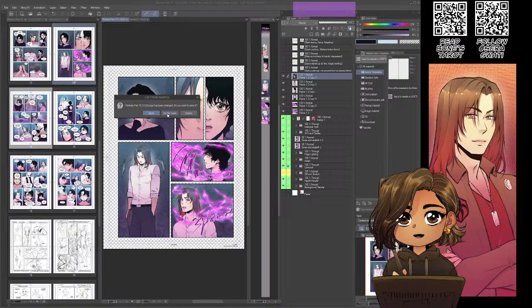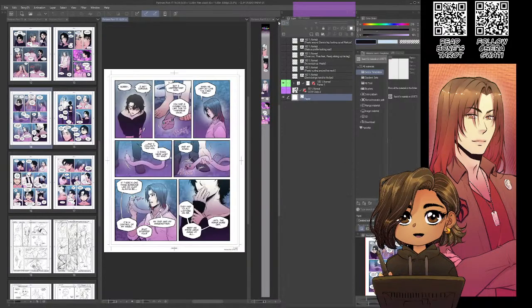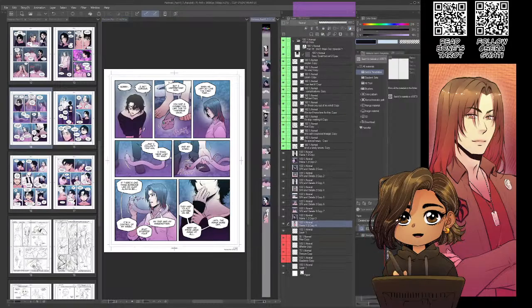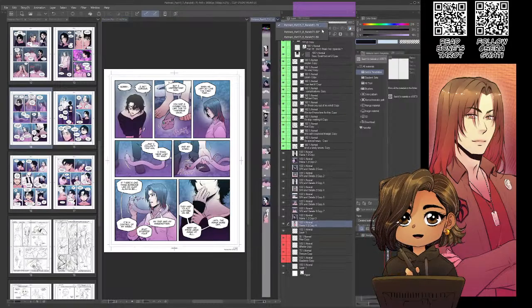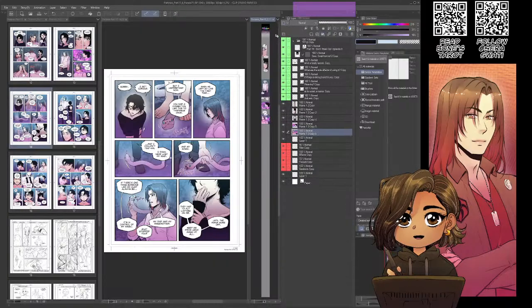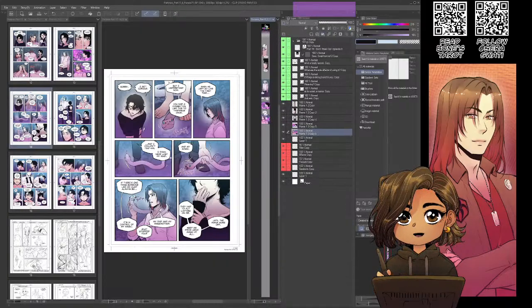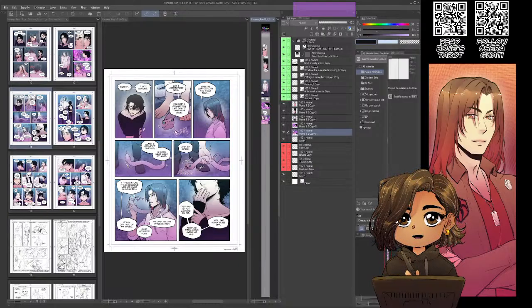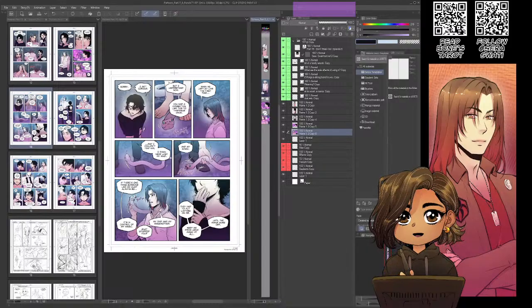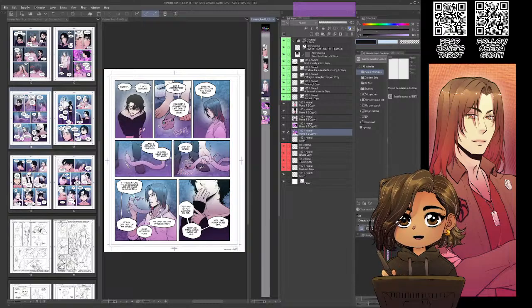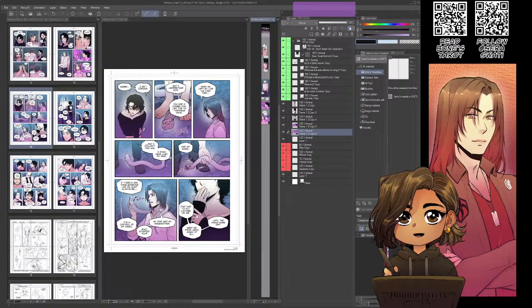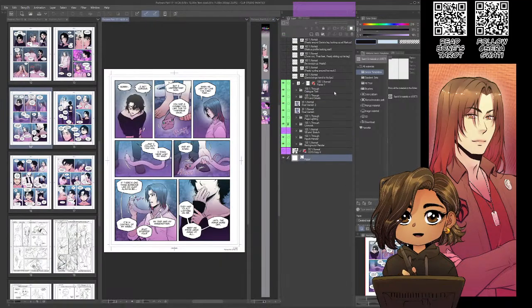I transferred over the panels. Okay, so starting from Marcus's eye, we ended on Marcus's eye. So 7 is done, at least panels transferred. So we're on episode 8. So that's 1, 2, 3, 4, 5, 6, 7, 8, 9, 10. Up to... Is this right? 1, 2, 3, 4, 9, 10. Yeah, up to there.